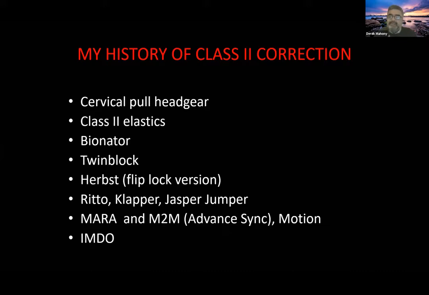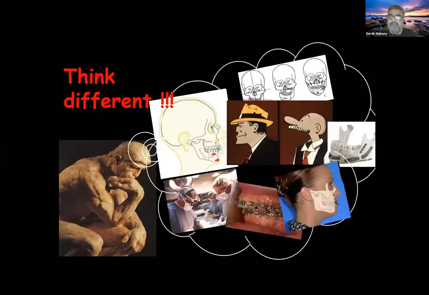And I've changed my surgeries, for those who still need the surgery, to a less aggressive surgery known as an IMDO. So I very rarely do a full BSSO now for my class 2s. We use distraction techniques. I very rarely do a full Le Fort for my narrow maxillas. We use what's called DOME. So DOME is distraction osteogenesis for the maxilla. IMDO is distraction osteogenesis for the mandible. And again, I'm able to use these techniques at the appropriate age to get very, very nice outcomes. So I hope maybe at the end of my lecture tonight,